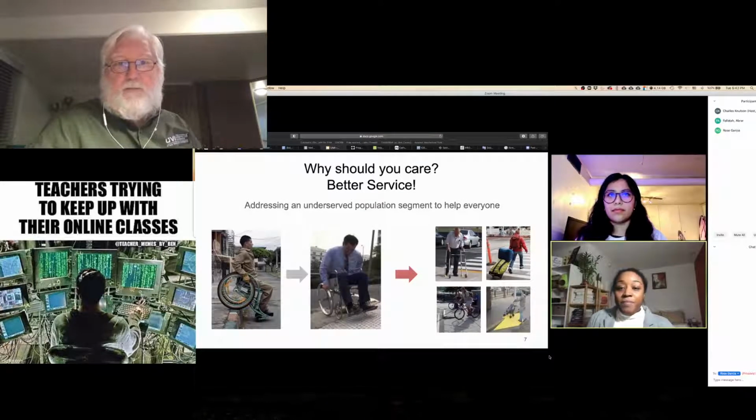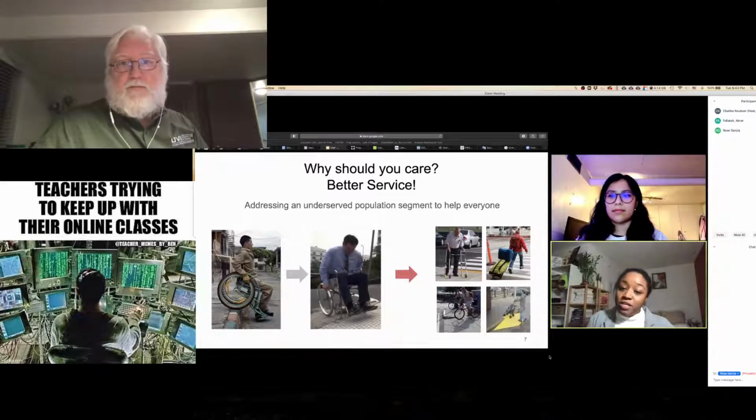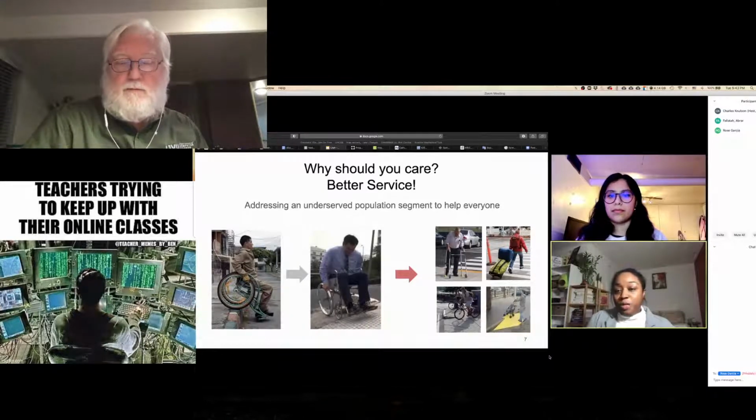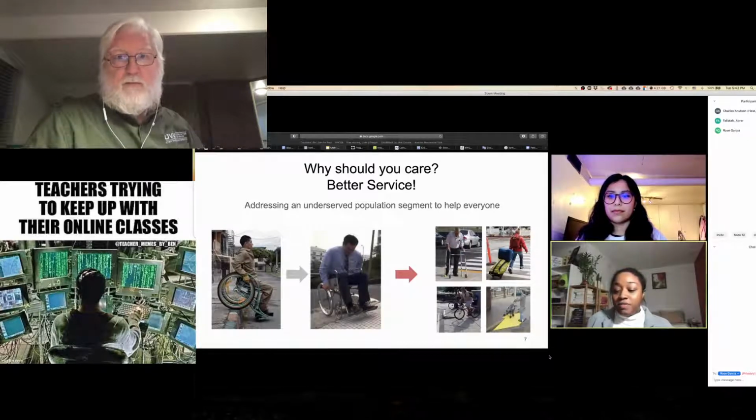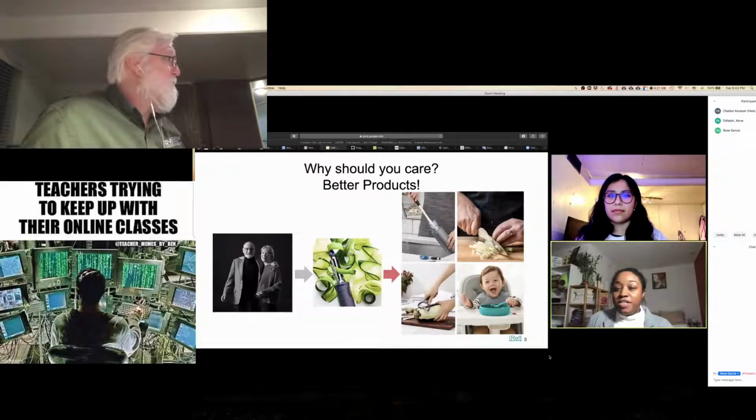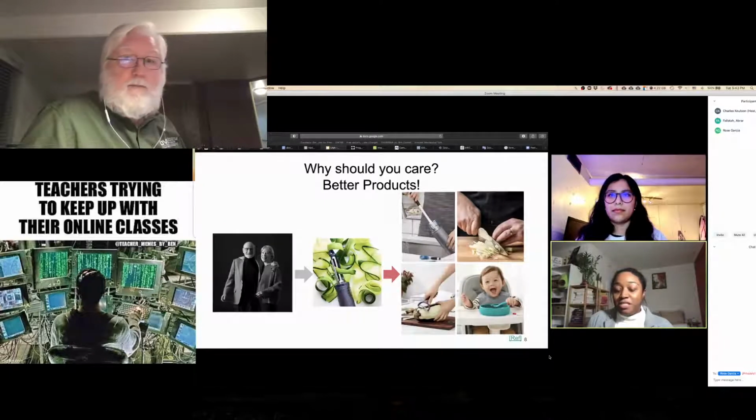This is an example of how addressing an underserved population or group of people can actually help and benefit everyone. Curb cuts are services. Let's talk a little more and see if that aspect of designing for a subgroup can help others